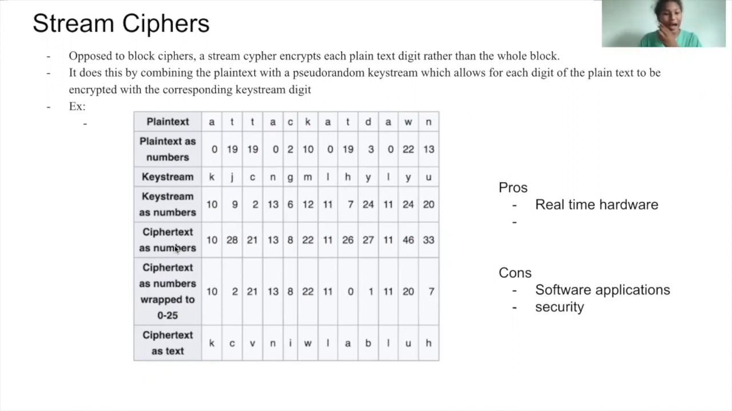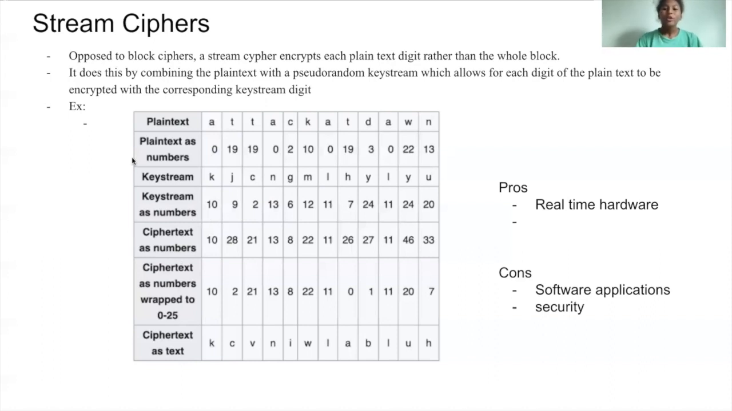our encrypted plain text, and we're going to wrap that so that it cuts off at 25. Once a number reaches 25, like the second value t, it becomes a 2, because if we wrap it to 25, we can convert it back into text, and then we get our encrypted text. And again, if we wanted to decrypt it, all we would need to know is what we wrapped it to, and also our pseudo-random key stream, and then we could undo everything we've done and get our plain